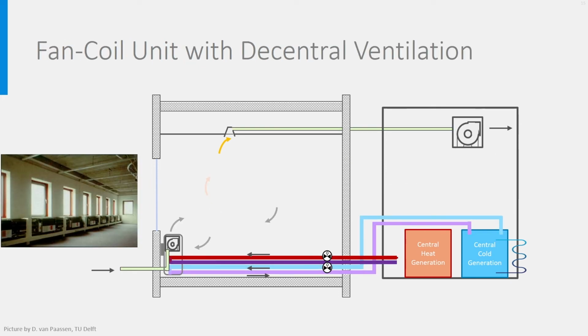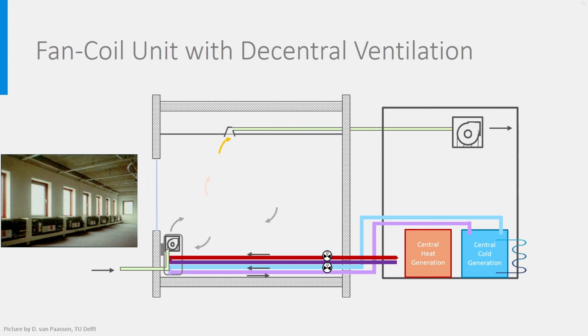A solution used quite often in office buildings is the so-called fan coil unit. You can find it in two different types. Fresh air is supplied to the room through an opening in the wall on the left and the ventilator of the fan coil unit. The hydronic heating and cooling systems are connected to the fan coil and heat or cool the air before it is ventilated into the room.